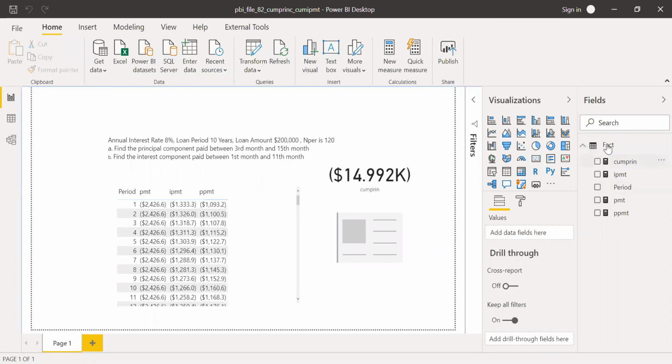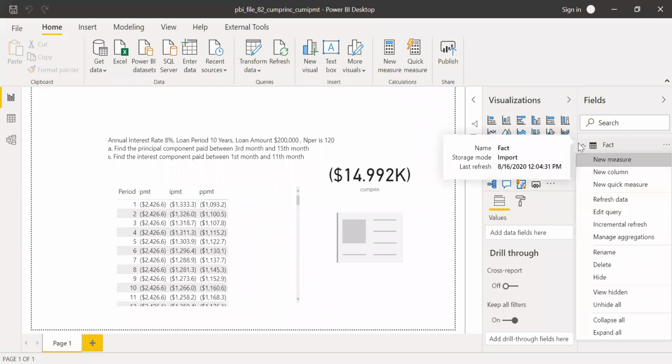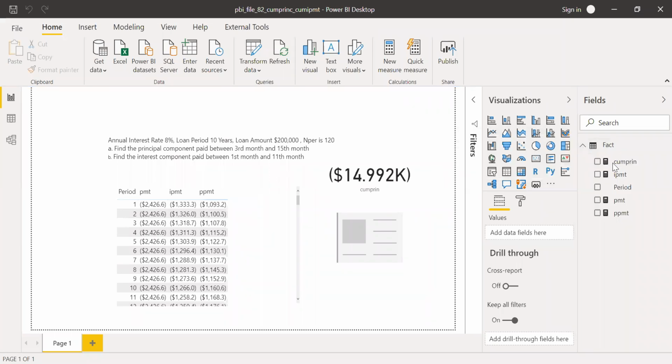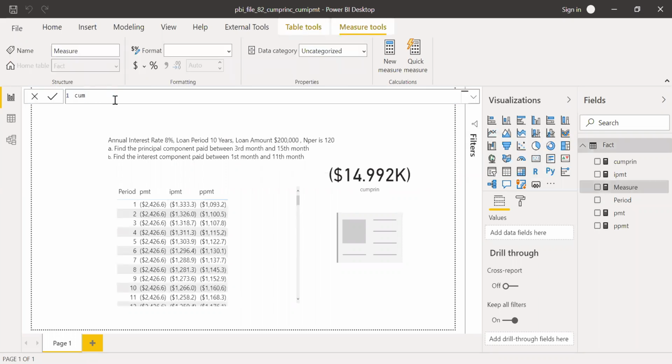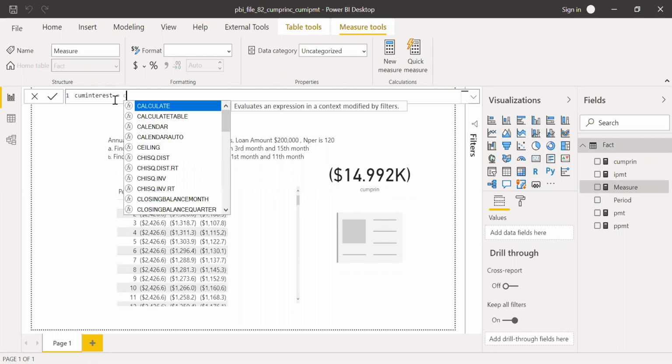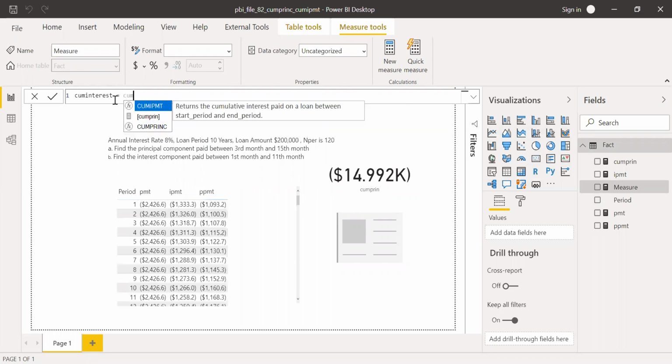So now again, I'm going to try to calculate the cumulative interest part. So I'm going to call this cumulative interest, equal to CUMIPMT. This is the one, rate. Again, I'm going to use the same rate, 0.08, and divide it by 12 to convert this into monthly, and number of periods.